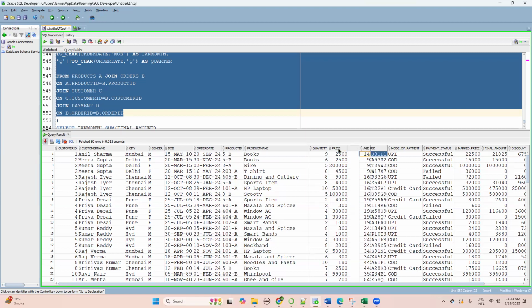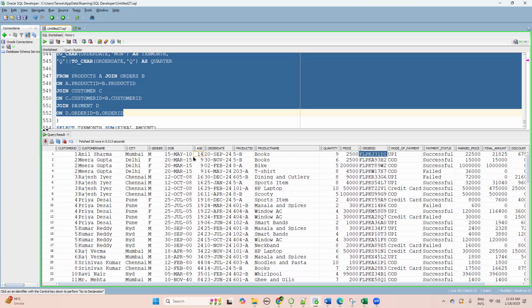Age also has to be kept here, it is dimension data. Okay, Anil Sharma's age is 14. Born 15th May 2010 and now it is 2025, so the age is almost 14 years. Okay, so now,